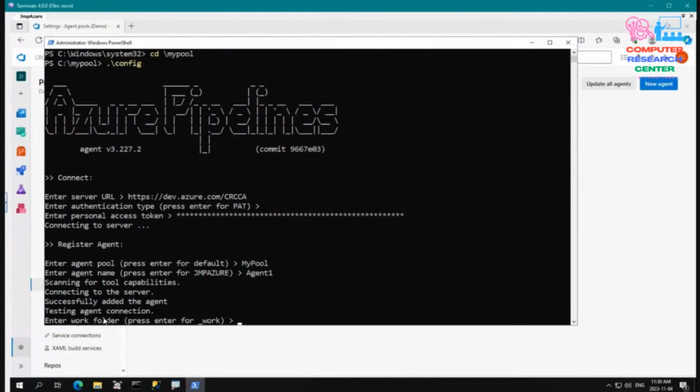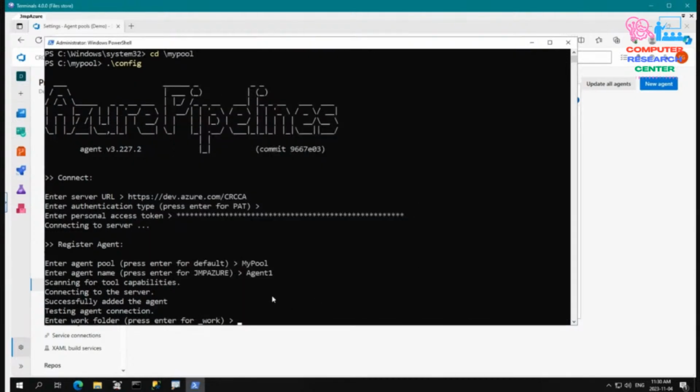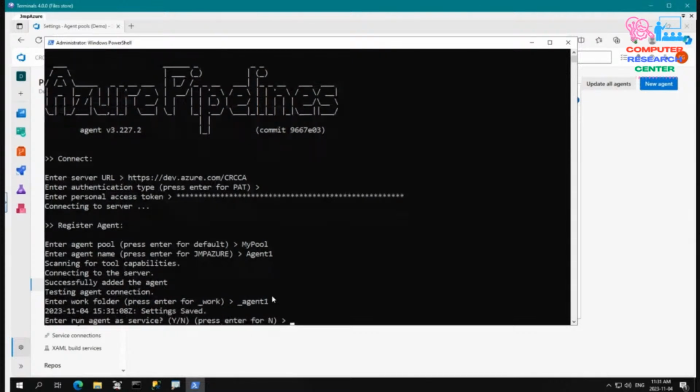Enter work folder. So work folder means inside the folder that I showed you here. This is the first one, diag is by default, but you can create one here or it will use underscore work. For me, underscore work is good, but I can use it also AGENT1, and I will follow the same convention. It is not required, but you can put it like that, right? So enter